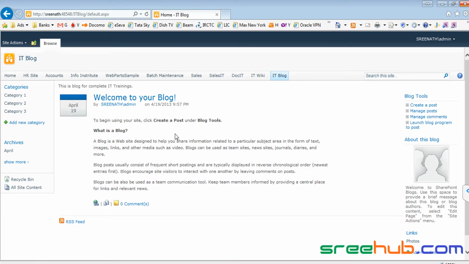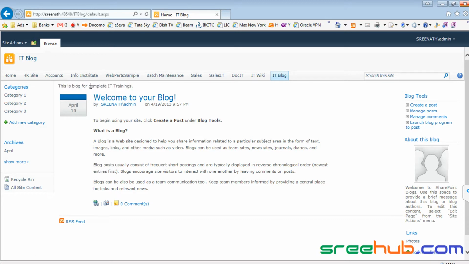Now can you see this? So this is your template, a very beautiful template provided by SharePoint, which is a default template again, right? Where you have got different components, and each and everything is again a web part which is already added for you by SharePoint inbuilt. So when you have selected something called blog site, it will automatically give you all these things, right? And this is your explanation which you have given, right?